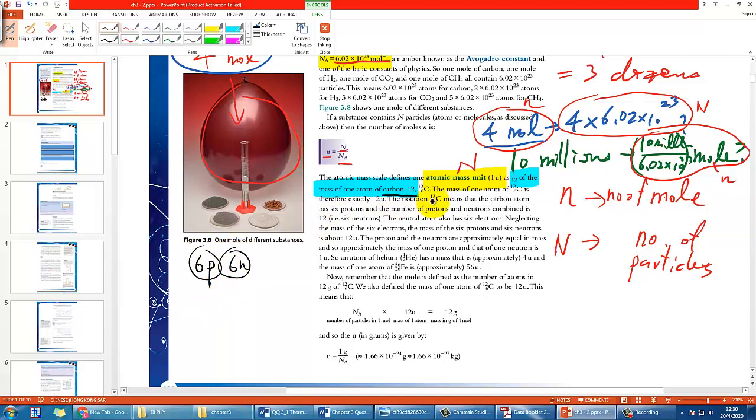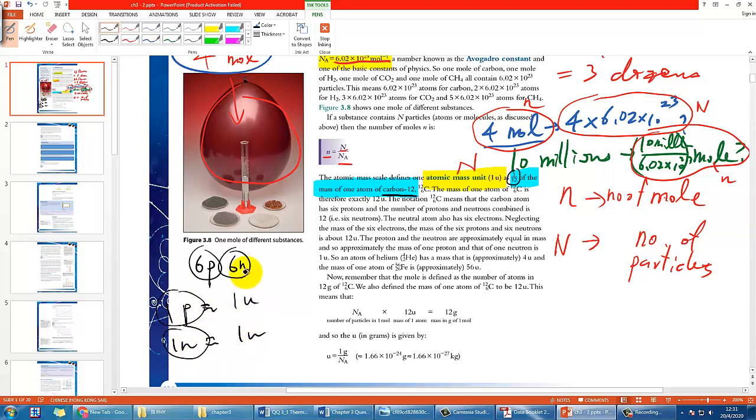The reason we want to use 1/12 is that when you divide by 12, you get the mass of 1 proton and 1 neutron. And probably you have heard that proton and neutron masses are more or less the same. So we can get the mass of 1 proton and 1 neutron to be around 1